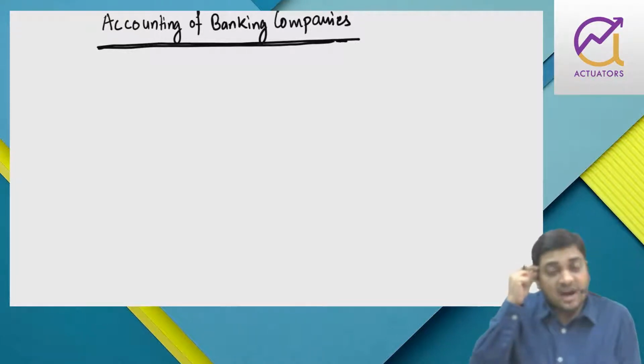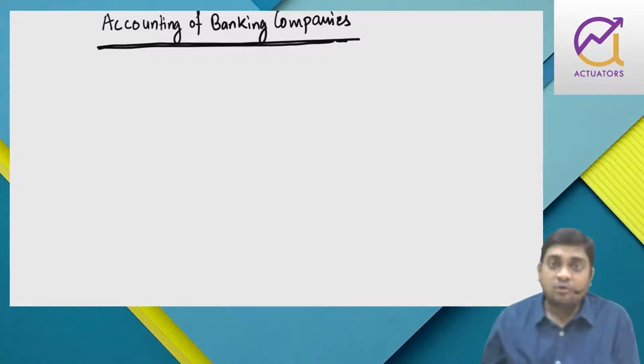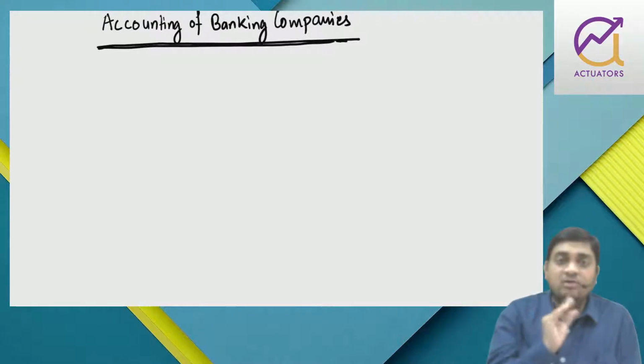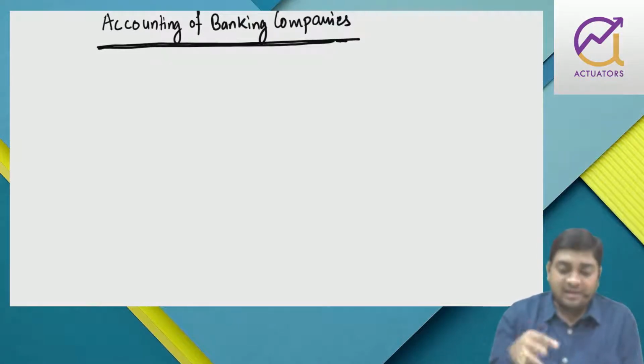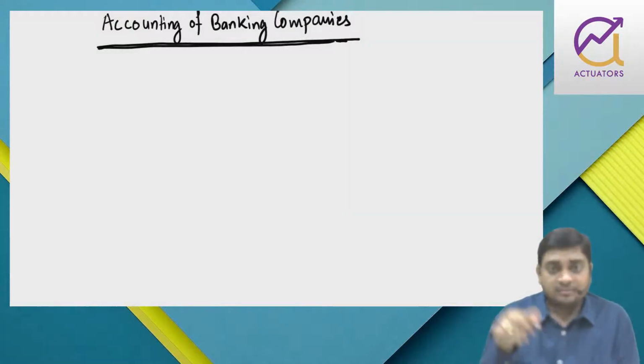Then last class we started with profit and loss account of banking companies, how to prepare profit and loss account of banking companies. Initially in my introduction class I explained what the banking operations are all about, and accordingly I told you that interest on loans and advances will be income, interest on deposit will be expenses, operating expenses are there, right? So I've given you the proper format, right? And schedule 13 to 16 is related to PL. So 13 is interest earned, 14 is other income, 15 is interest expended, and 16 is operating expenses, right?